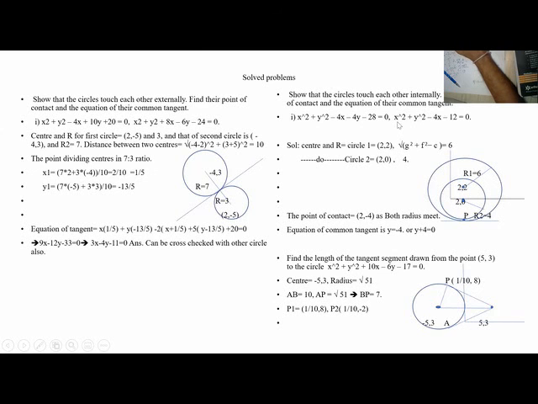So what is the radius of this? The square root of g square plus f square minus c: 4 plus 4 is 8, plus 28 is 36. Root of 36 is 6. This radius is 4. So from 0 to 4 and this to 6. So they are contacting at this point. What is this point? At 4, the circle radius is 4, so minus 4 is the contact point. This is the equation of the tangent: y is equal to minus 4, or y plus 4 is equal to 0.